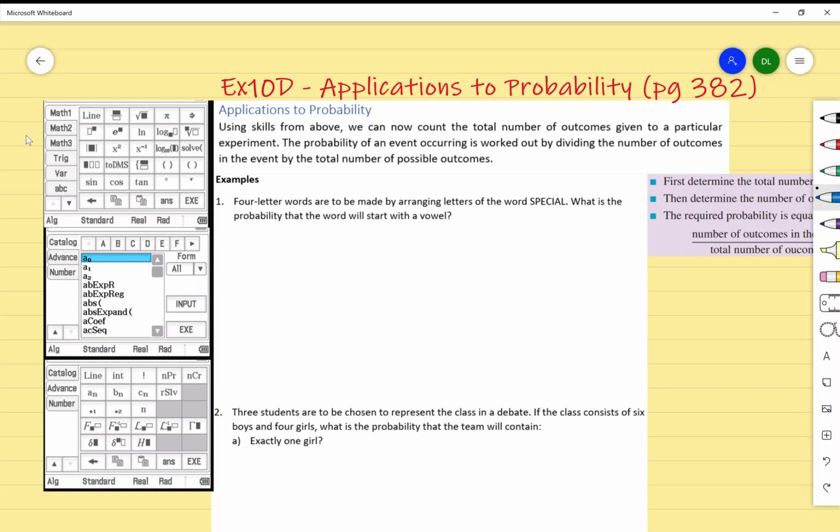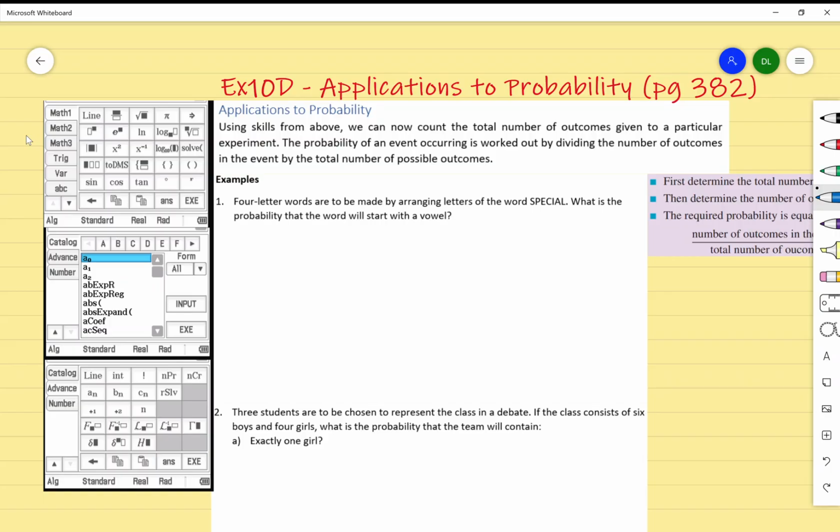Hey 11s, this is exercise 10D on applications to probability on page 382 of your textbook. Over the last couple of lessons, we've been looking at counting methods, for example permutations and also combinations, and hopefully you're quite familiar with how to apply them. Speaking of applying them, today we're going to be looking at how we can apply counting methods